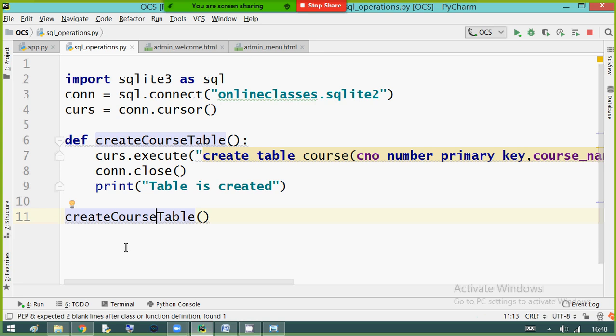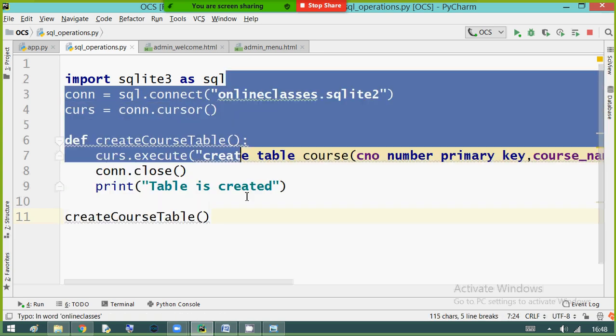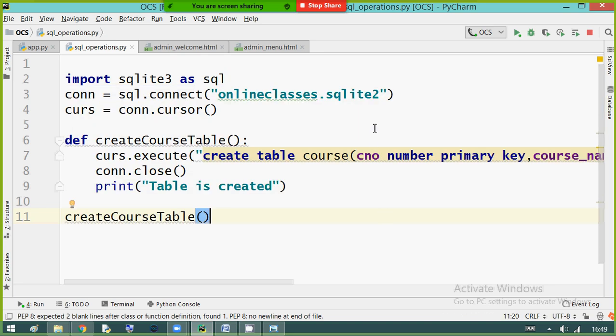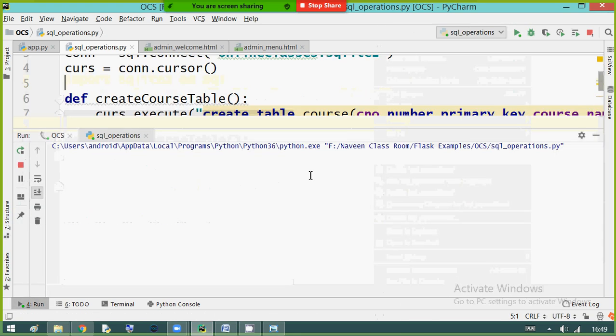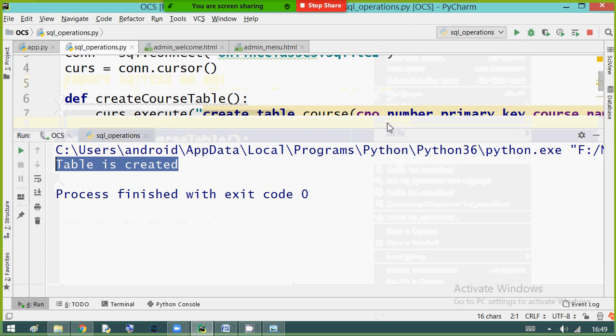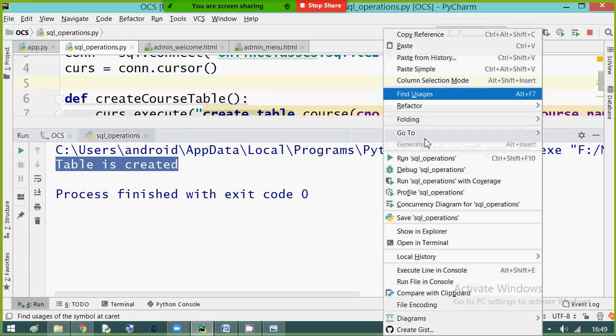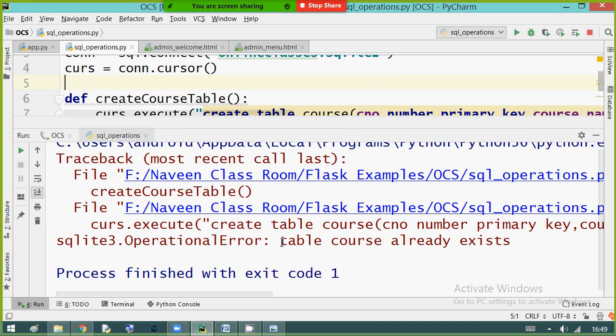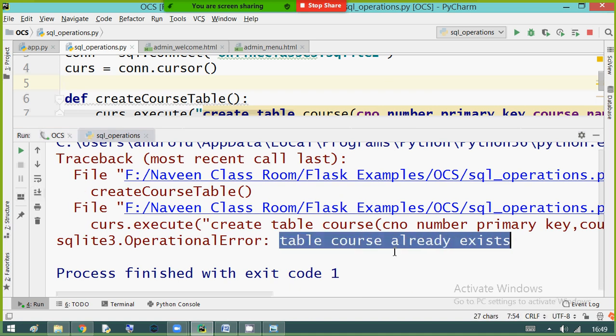Whenever you run this program, I am running this Python program manually. Observe, run. Table is created. If you run the same program one more time, you will get an exception saying table course already exists, because the table is already created.